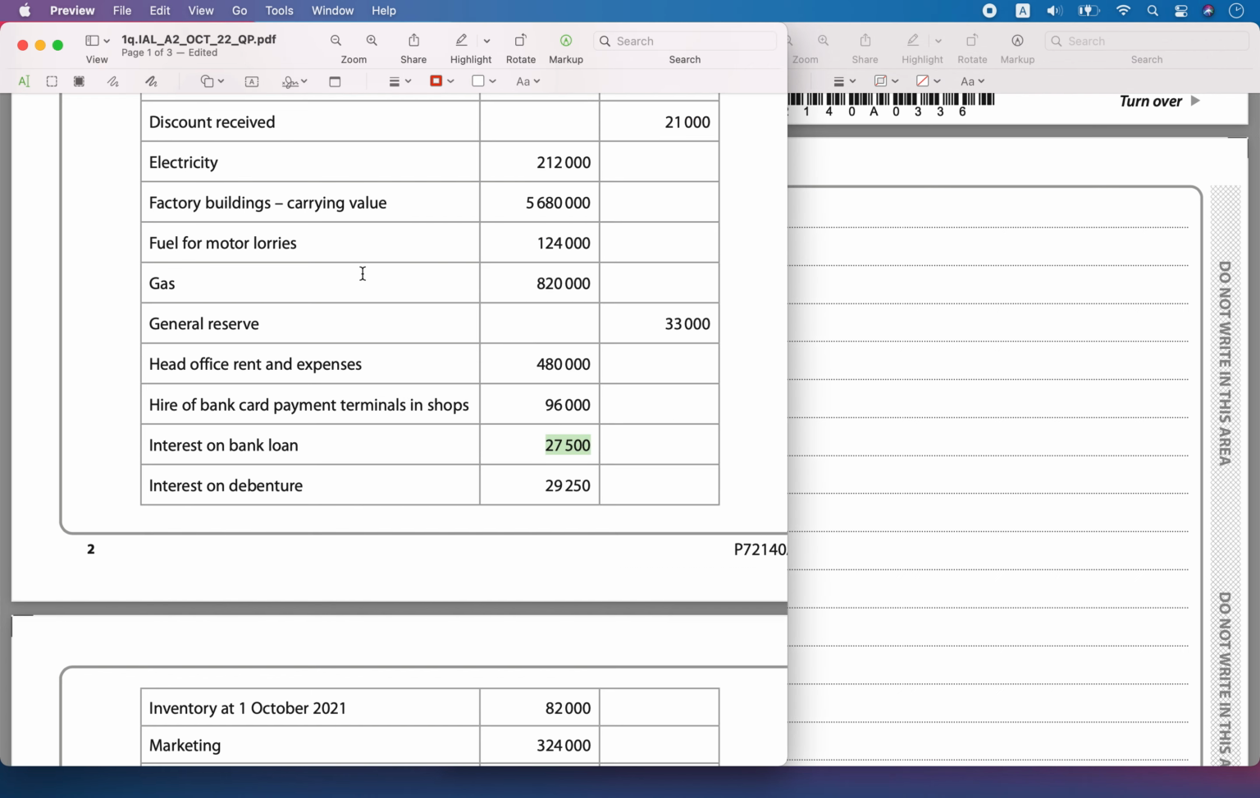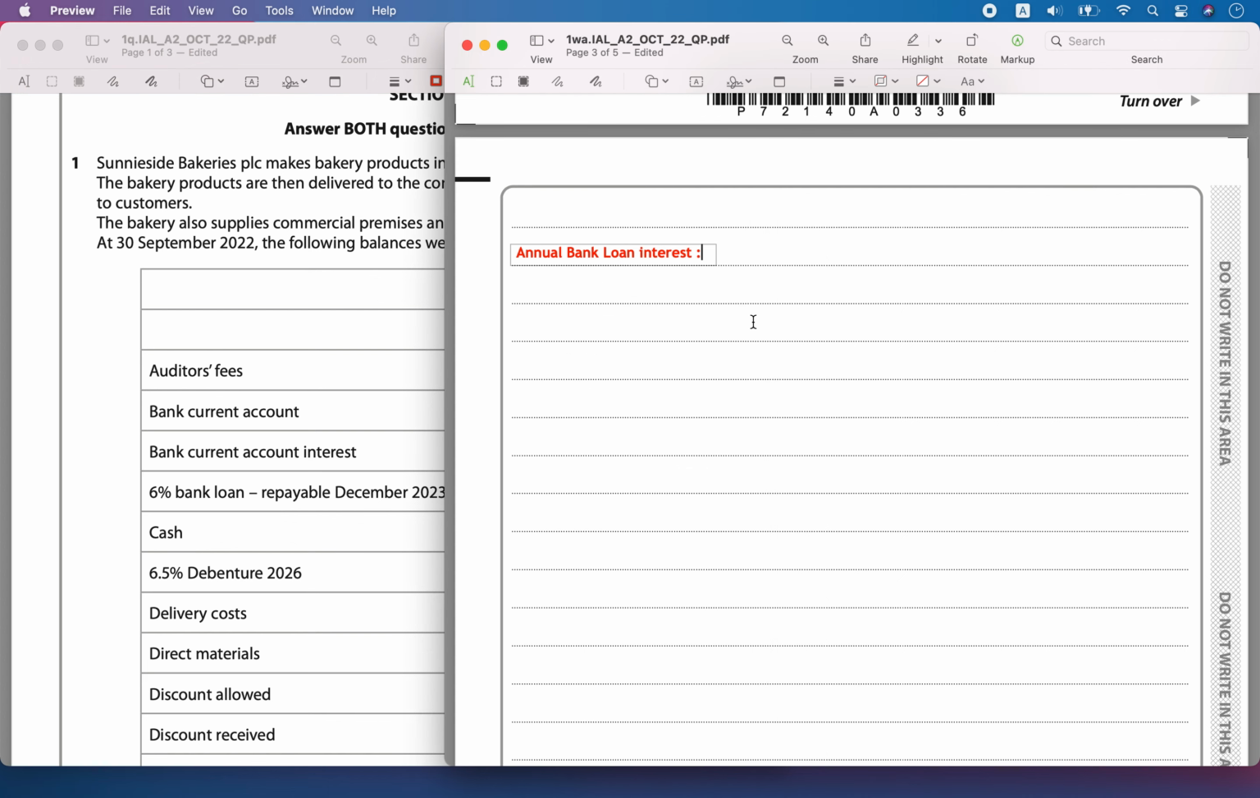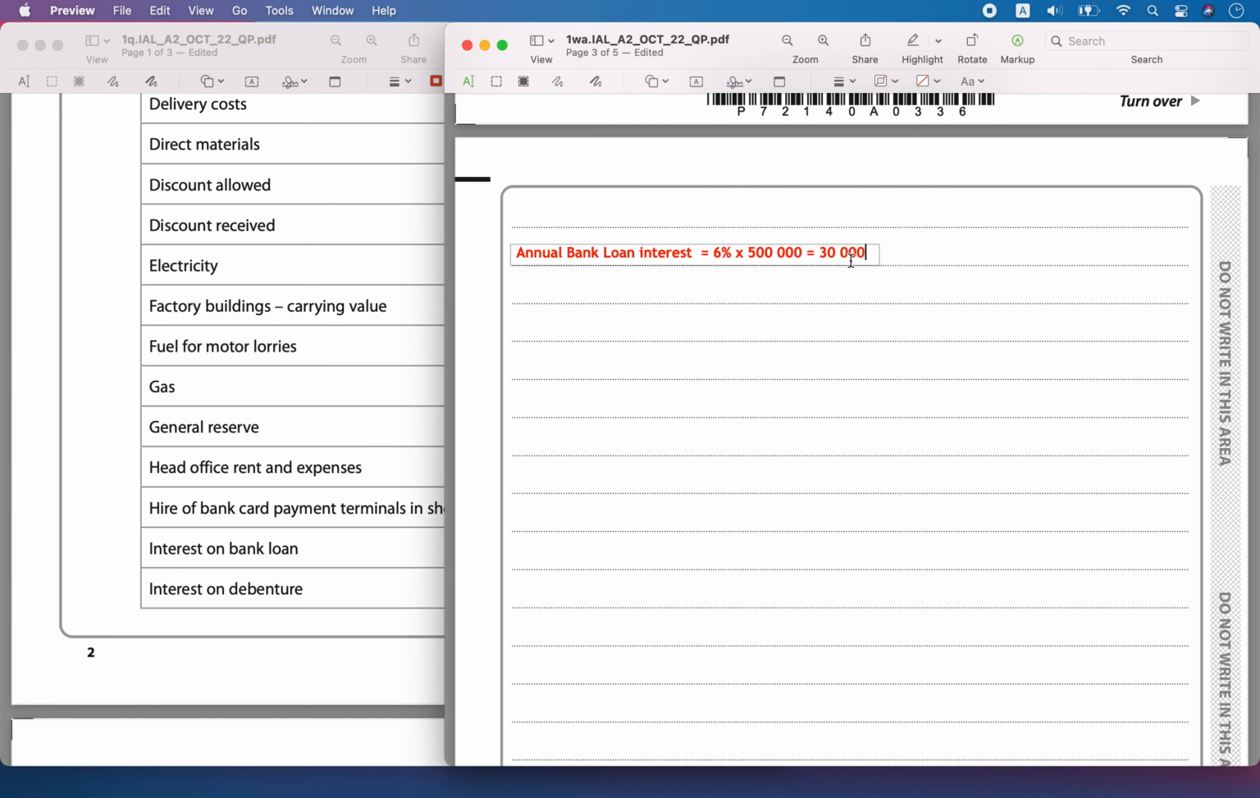So that is what needs to be paid irrespective of how much you paid. Okay, so it is saying 6% of 500,000. So 6% of 500,000 is equal to 30,000. Okay, 30,000 is the bank loan interest. 30,000 needs to be paid, but if you see here, they have paid only 27,500, which means